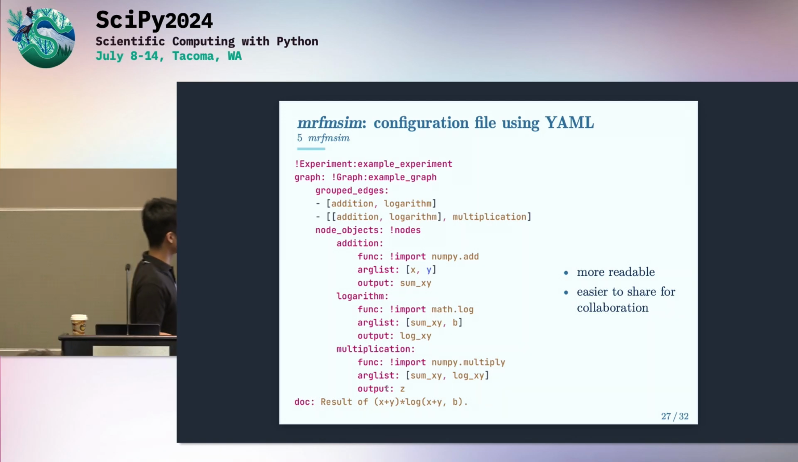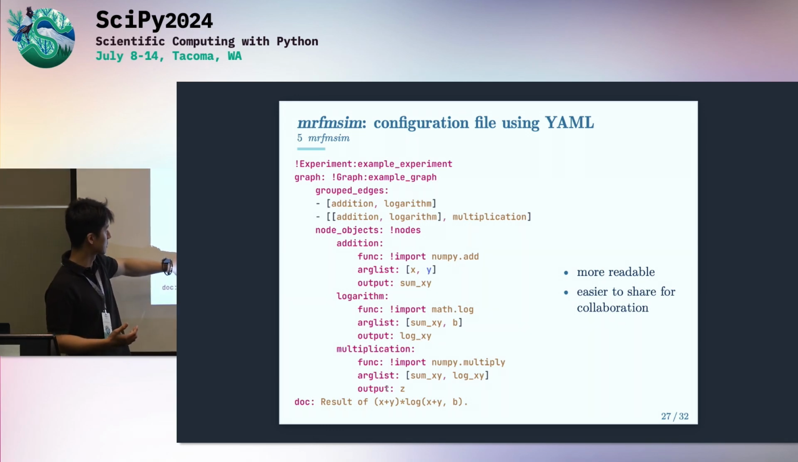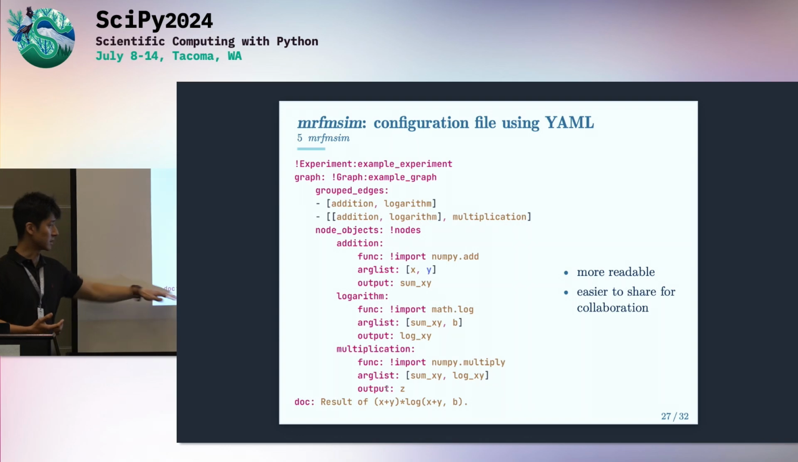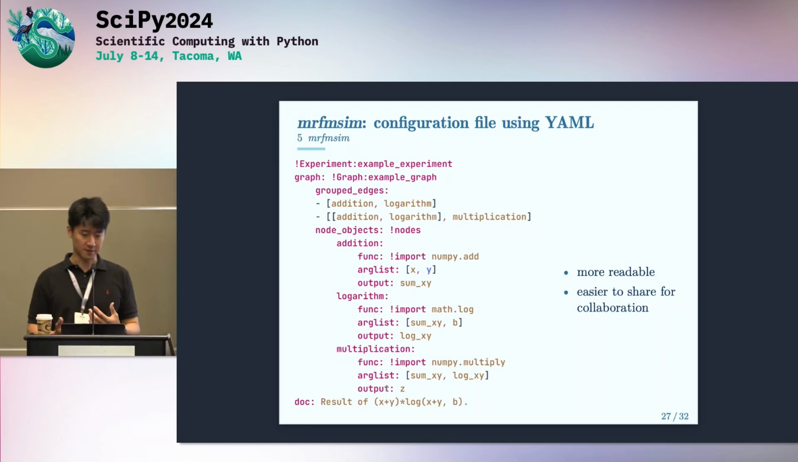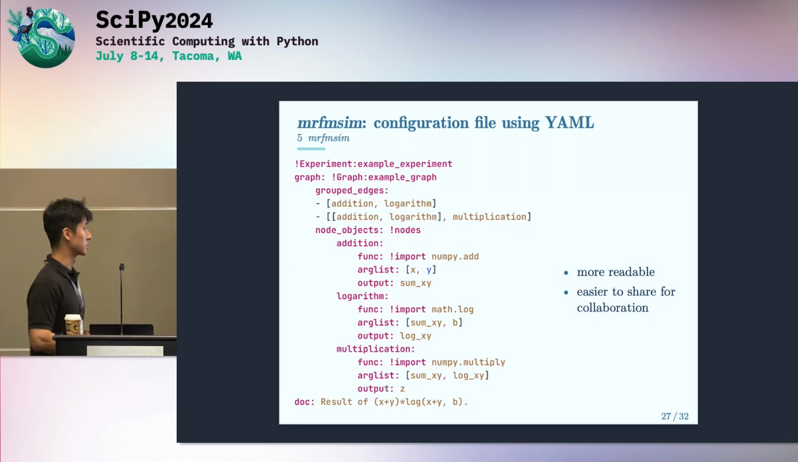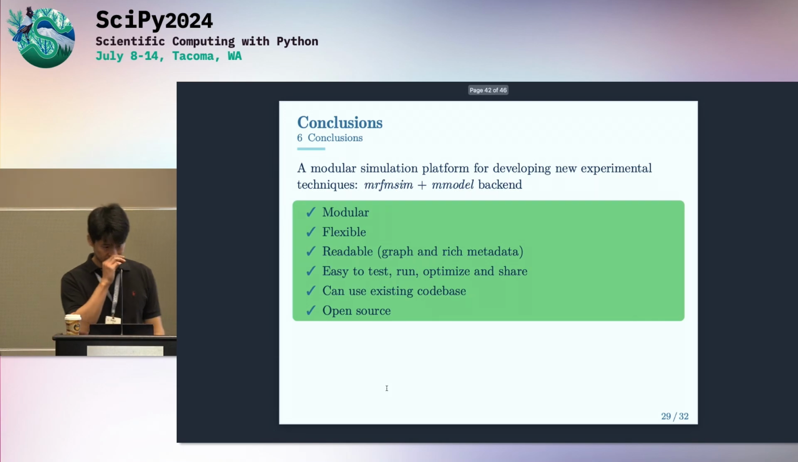What it does here, you can see we have a graph that has edges defined, all these nodes with these outputs and function defined, and obviously the docstring of it. So this way, it's even more readable and it's easier to share with collaborators. So with that, I want to,